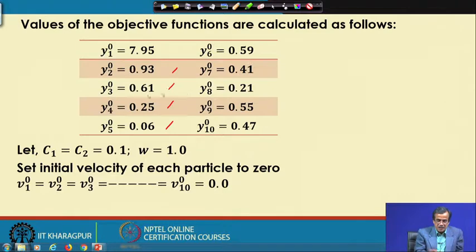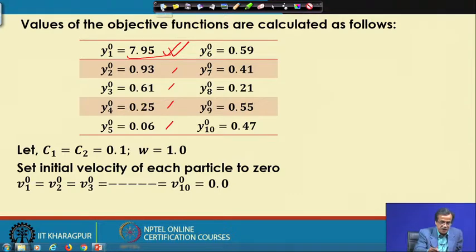If I compare these y values, this is a maximization problem, so corresponding to the first combination of the design variables, I am going to get the maximum value for this objective function, and that is 7.95, corresponding to y10.